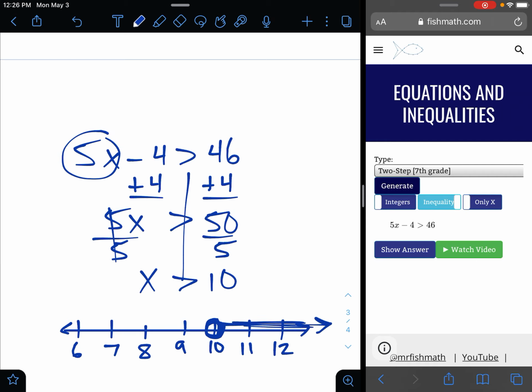We have anything to the right of 10. Anything bigger than 10 is going to be in our solution. So any fraction bigger than 10 is going to work, which is why we don't just say 11 and above. It's anything bigger than 10 because of all those decimal possible answers. And that's, again, how we solve a two-step inequality and